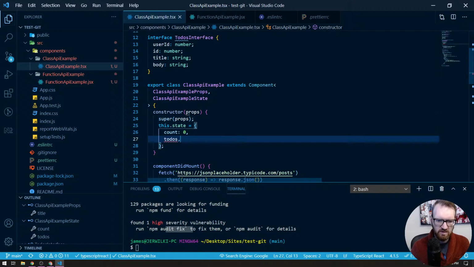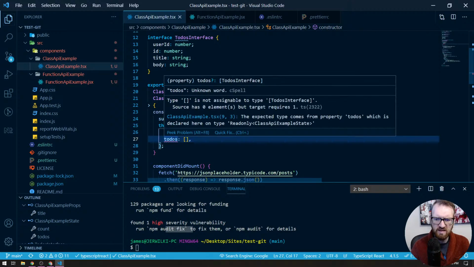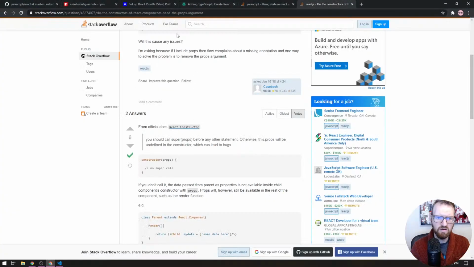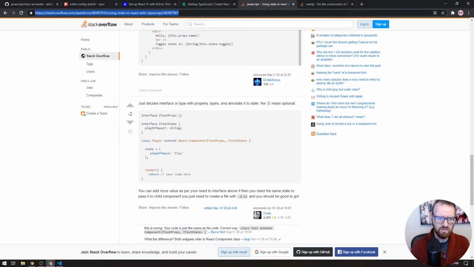Okay, so now we want to make our initial to-dos to be empty. So this is telling us that the expected type comes from property to-dos, which is declared here on type read-only class API example state. Type blank is not assignable to type to-dos interface. Source has 0 elements, but target required 1. So let's go